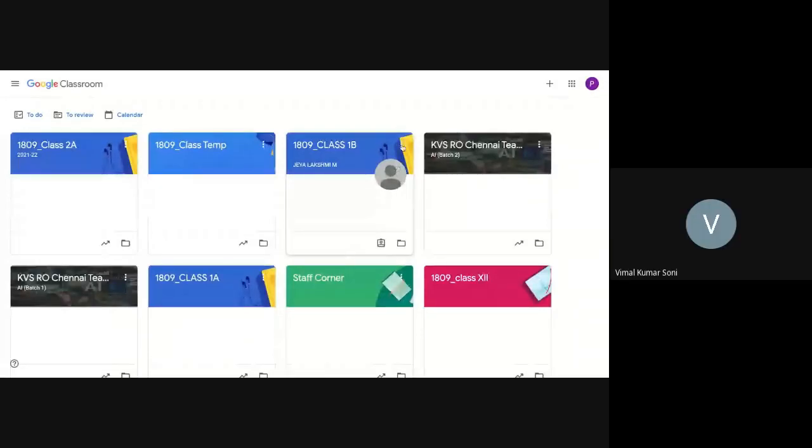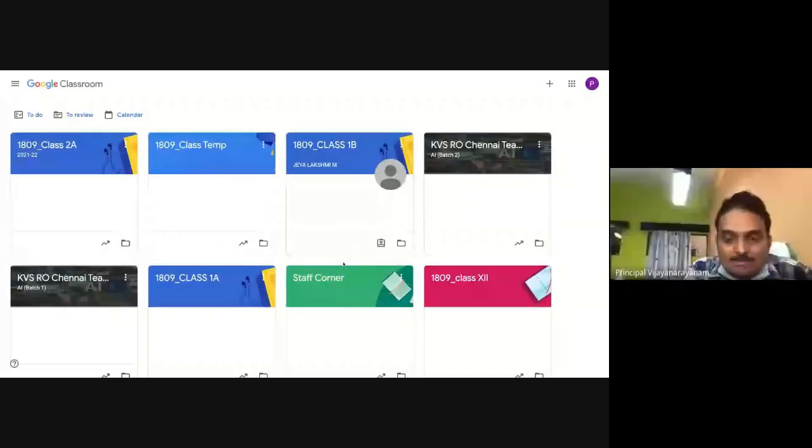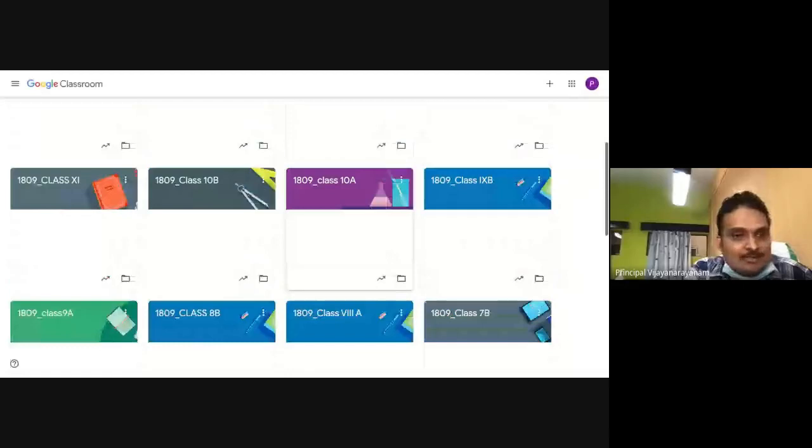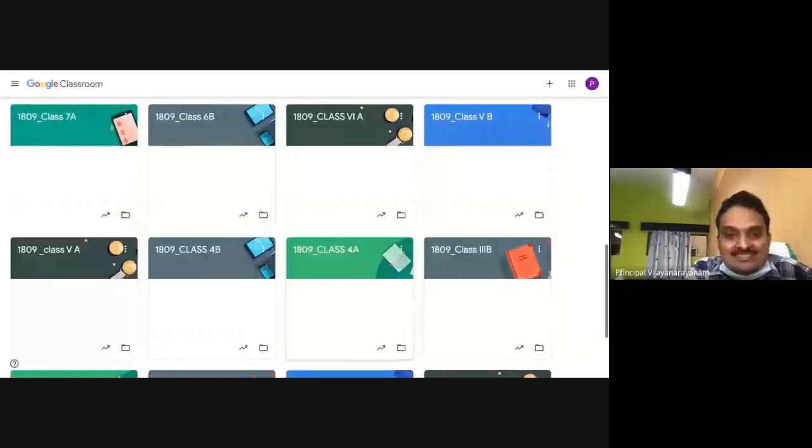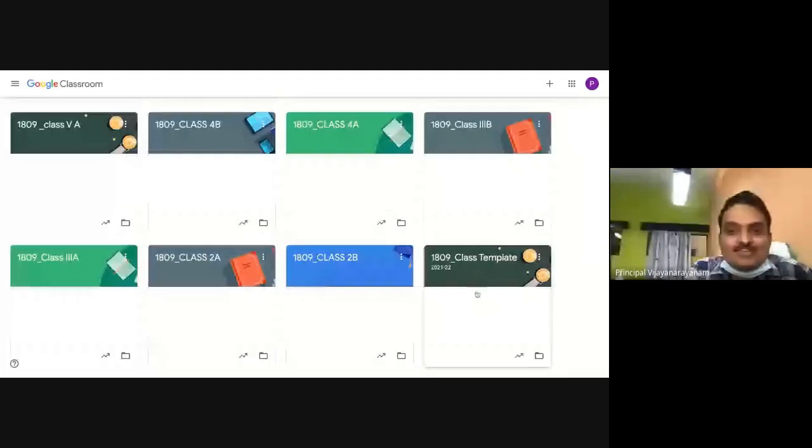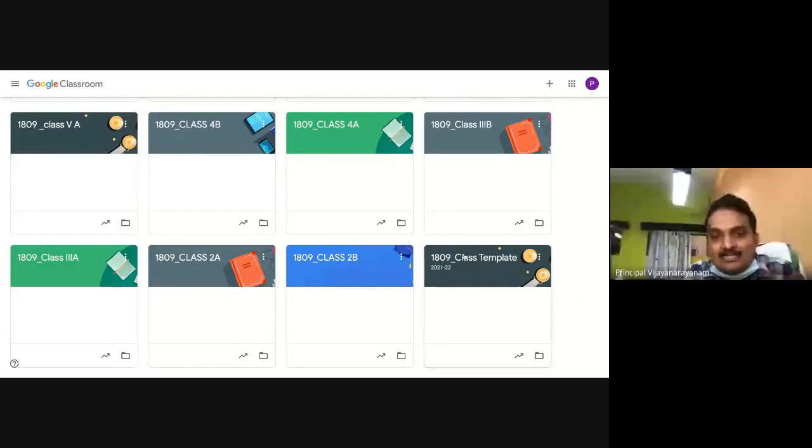Sir, I'm not suggesting any copying, sir. No, I'm coming to the template part, Vimal. Why I wanted this template is just to reduce your people's multiple typing time. You are creating a template, the class structure is already made, perfect that class structure, and go for multiple copies of this same template. So you need not worry about creating classrooms again, whether the classwork is laid inside properly or not. Whatever we have regionally mandated, like CCA, English, Hindi, physical education, Fit India, all these activities you create in the template once. Then you do the system work.